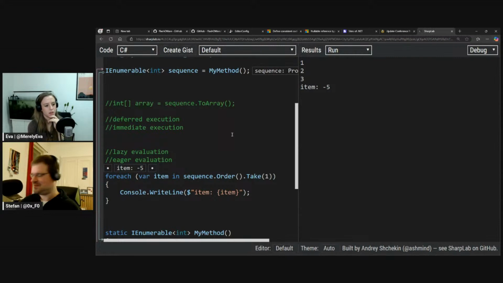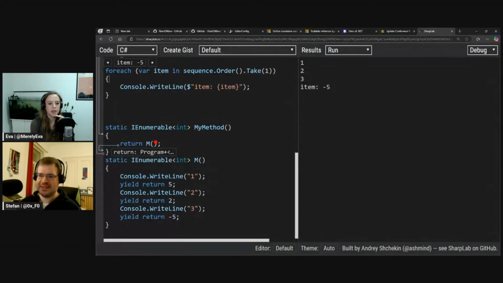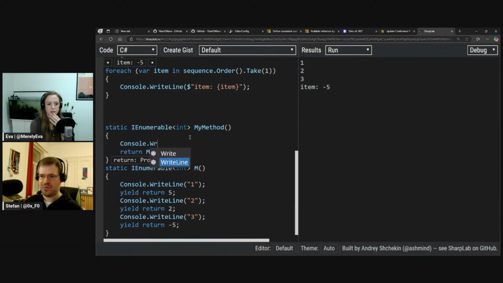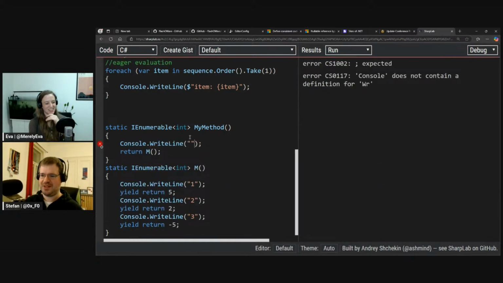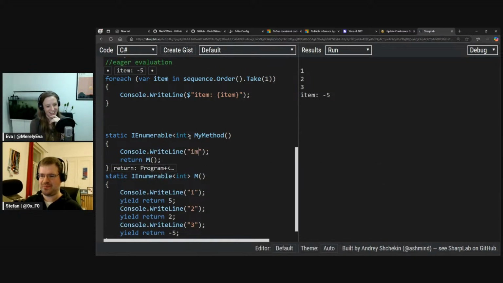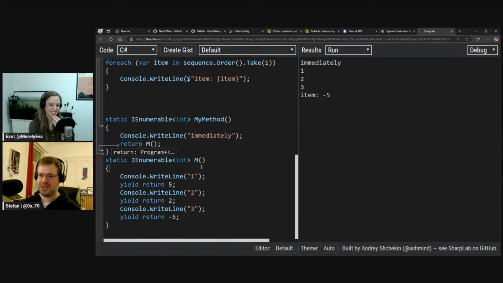Okay, makes sense. I got a little bit confused along the way, because you said my method is executed immediately. Yes. And my method goes to M, but M is deferred execution. Yes. Let's do another Console.WriteLine. Let's call this immediately. And let's do here